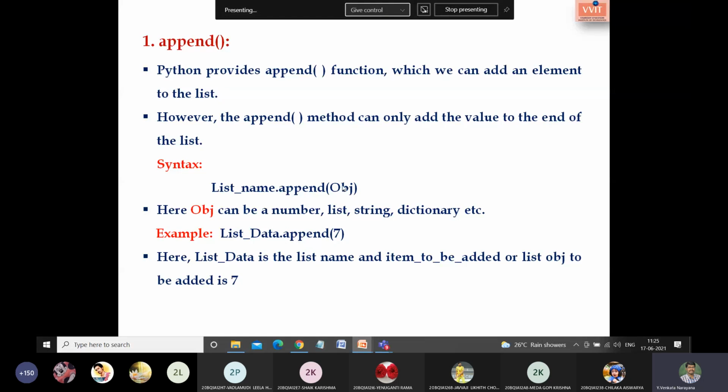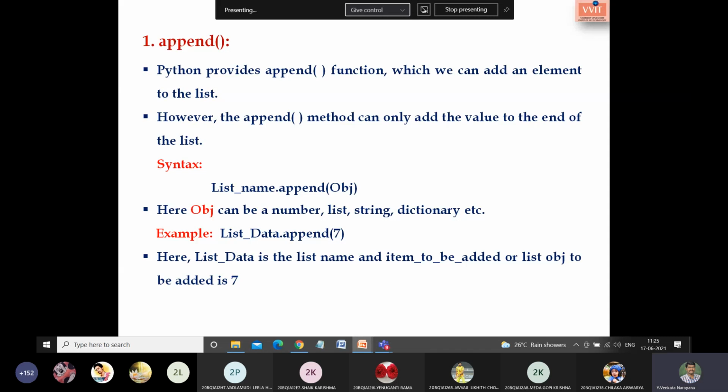Here object is nothing but the value. The object can be a number, a list, a string, or a dictionary. The example is list_data.append(7). The list name is list_data, and the value that we are appending is 7.